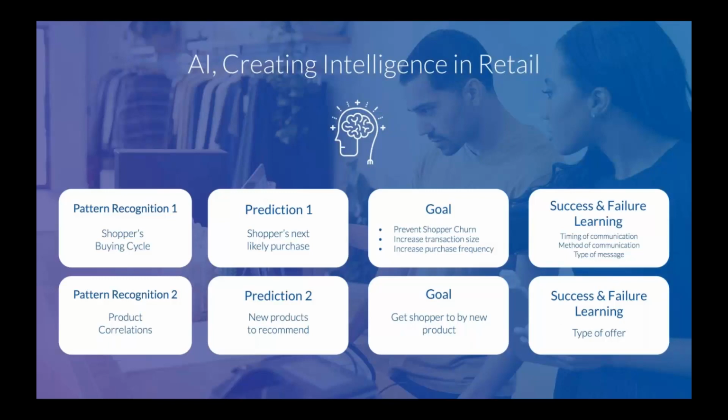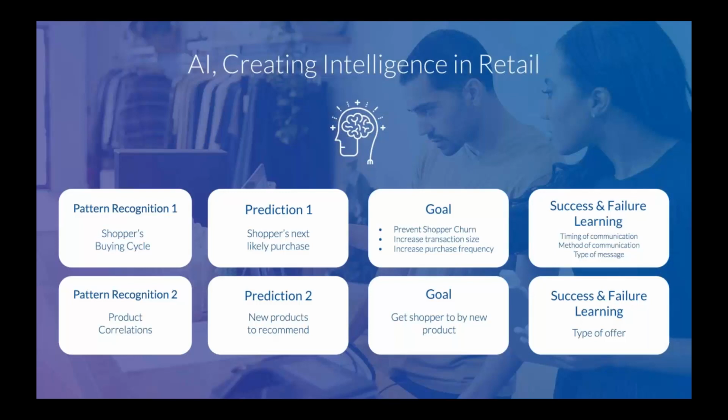There are many different patterns when it comes to shopper behavior, and of course, there are many different goals laid out by retailers that wish to improve shopper experience and ultimately increase revenue. So, a very useful pattern to identify is the shopper's buying cycle. This again is the average amount of time between successive purchases. If we learn the pattern, we can accurately predict their next likely purchase. Now, this will allow us to create several different goals that will influence the shopper behavior as well as their spend. As discussed in the last slide, one goal could be churn prevention, but we have other goals that we can also set by using buying cycles as the base pattern.